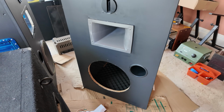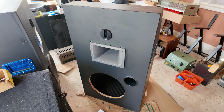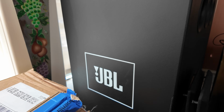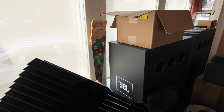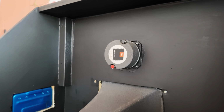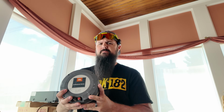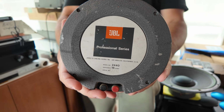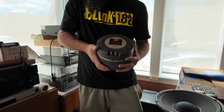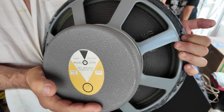Now, one of the custom projects that Dan's son was working on was redoing a pair of JBL L300s, making them a little more custom, but with all original parts. So there were some very rare JBL parts inside these. Heavy duty. Dude, that magnet was so heavy. But all original. You got the magnet, we got the driver over here working on replacing the dust cap,